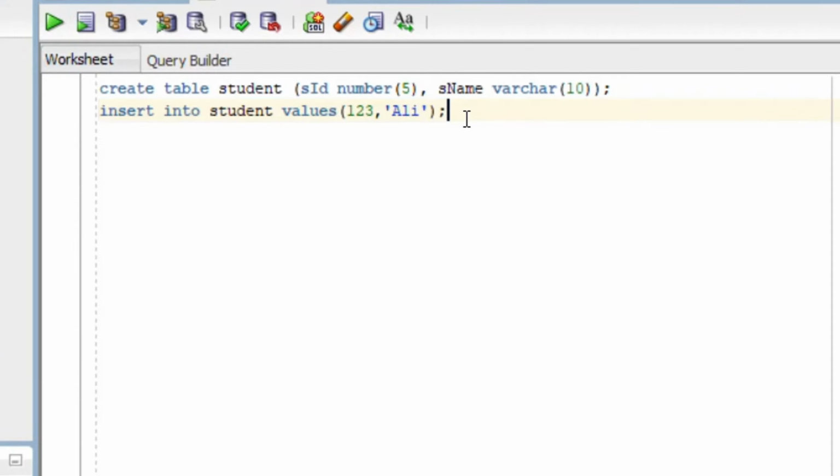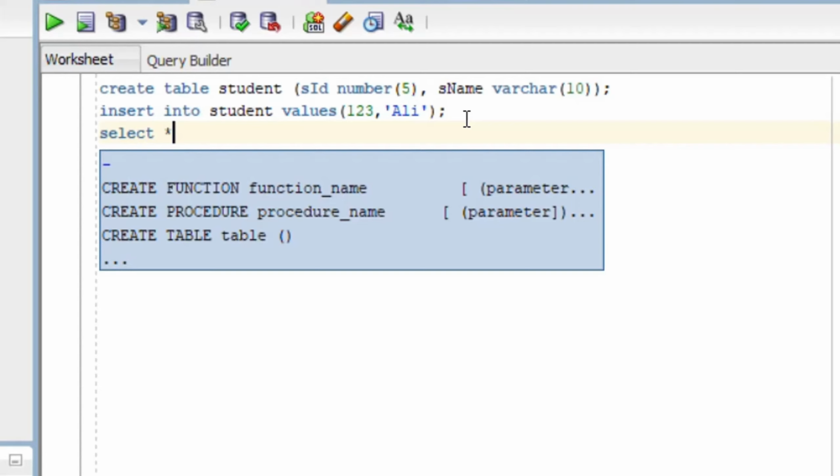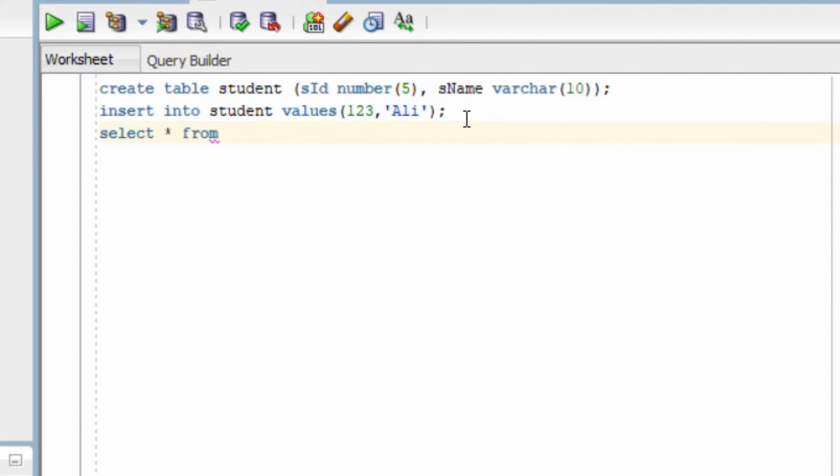Now we have to see what is in our table, what information is saved in our table. For this purpose we have to run another query, and that is select. And after it I will use the asterisk sign. It means select all information saved in our student table. And after it I will use the word from. Select all from, and then the name of our table. So here I will type from, and after it I will use the name of the table, and our table is student,